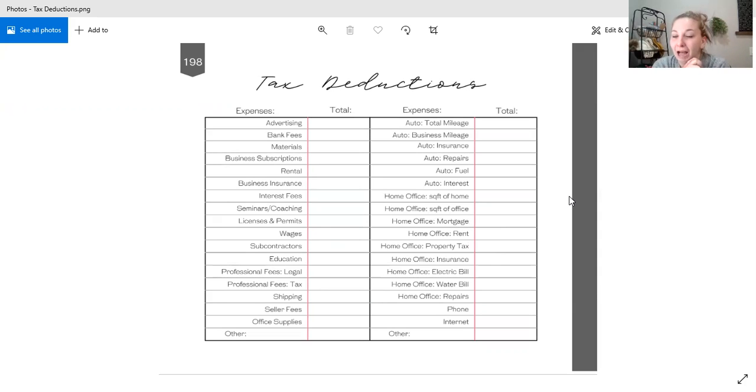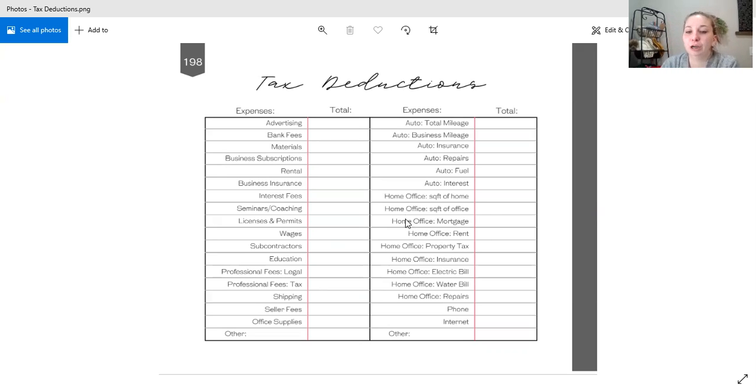Okay, so home office, you're going to need a couple things here. You're going to need the total square footage of your home, and then you're going to need the total square footage of your office. Now, here's the thing, your office has to be used exclusively for business purposes. It cannot be an "and/or" or "in addition to" kind of space. It can't be your kitchen table. It can't be your kids' playroom and your office. It can't be either/or. You have to have a designated space exclusively for business. So if you do have a desk in your kids' playroom, you can deduct the area of that desk, but you can't deduct the entire room.